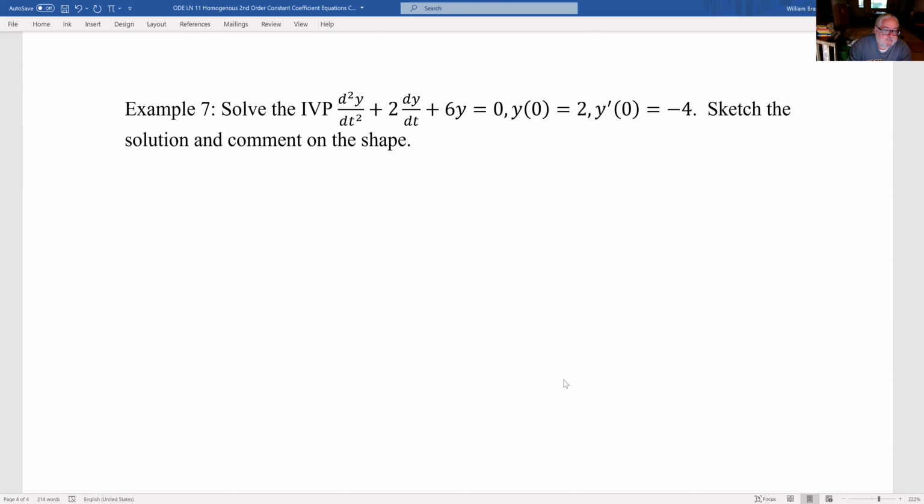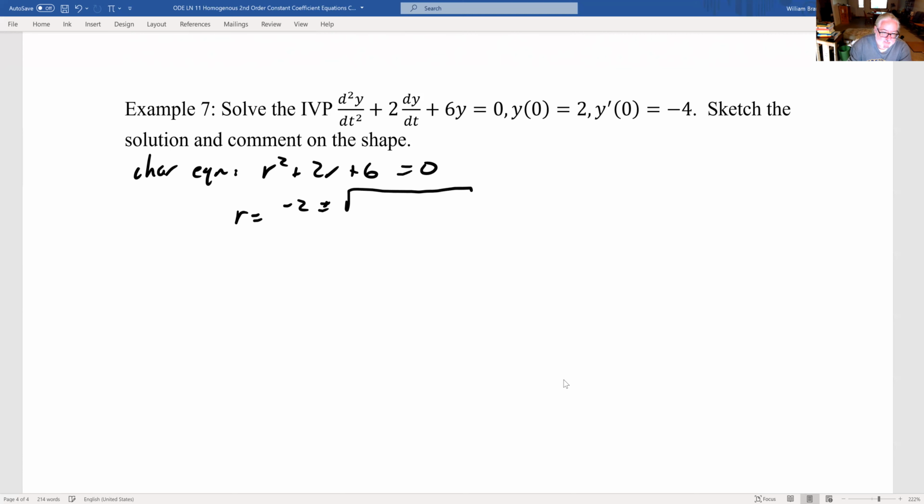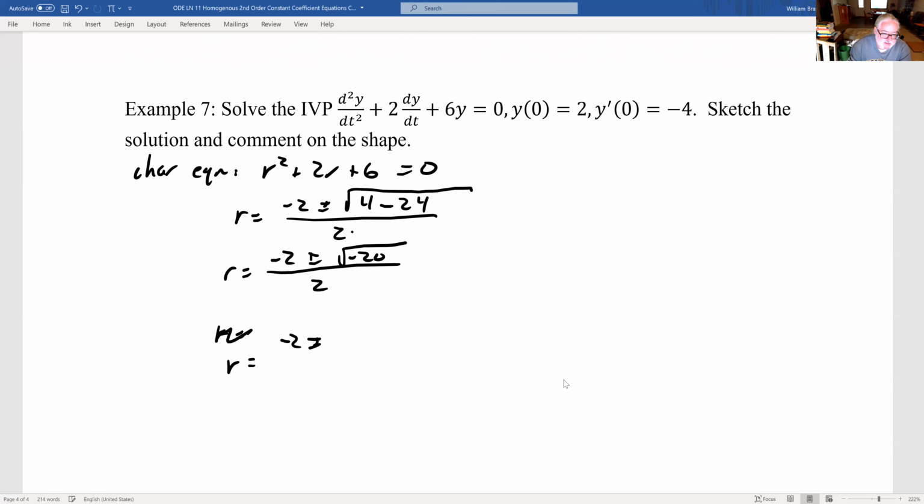So characteristic equation, r squared plus 2r plus 6 equals 0. Solve that. r equals -2 plus or minus the square root of b squared minus 4ac all over 2a. r equals -2 plus or minus the square root of -20 all over 2. We can simplify that. r equals -2 plus or minus, well, the minus sign inside the square root is an